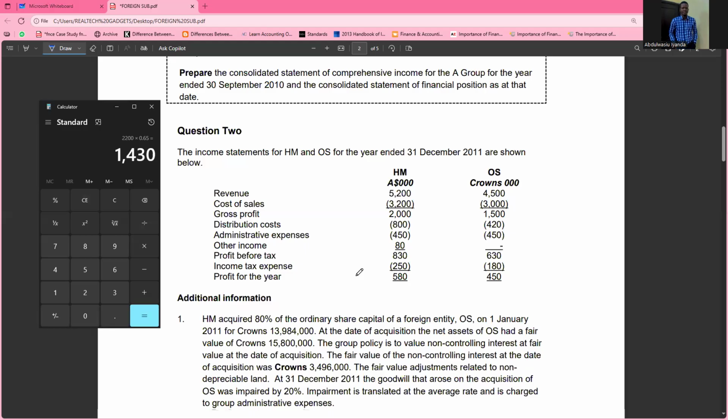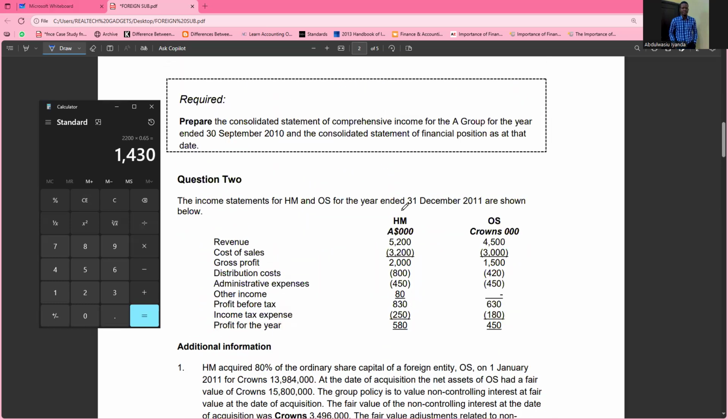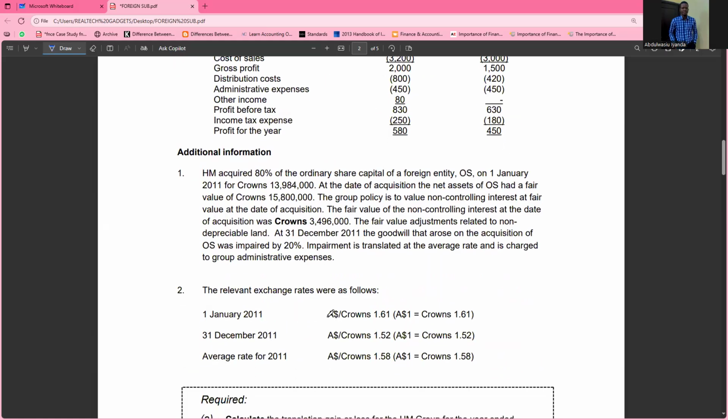Let's look at question two. They say 1 crown, from A to crown. So who is using A? HM is the parent. You can see HM acquires 80% of a foreign entity, OX, and this is their currency. So here now, 1A is equal to